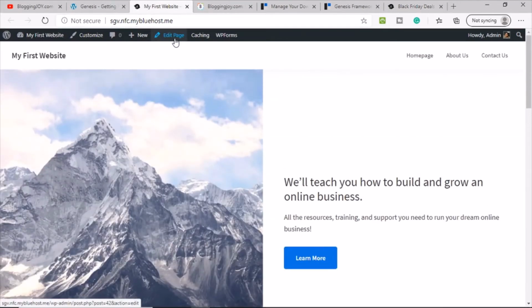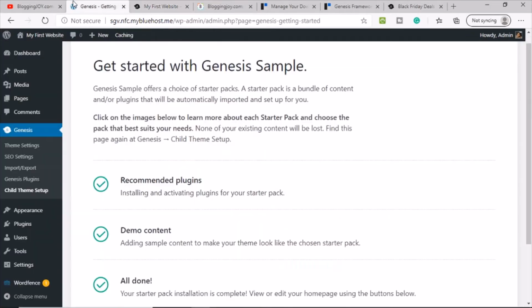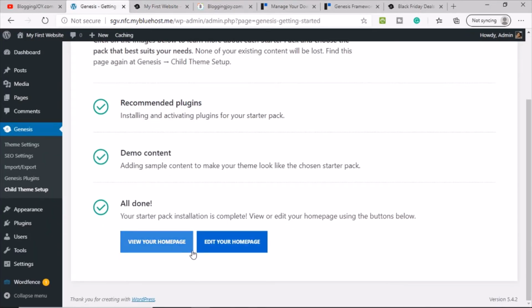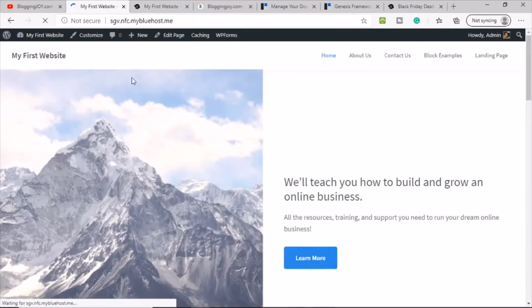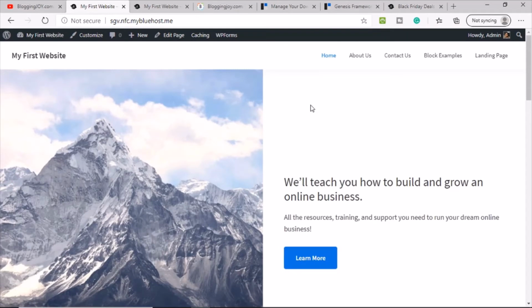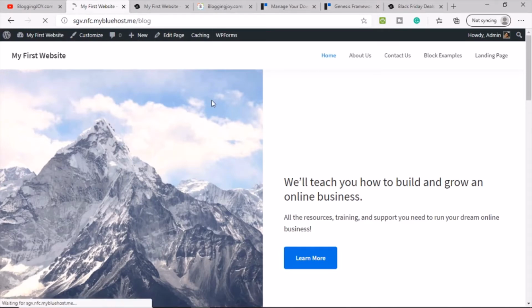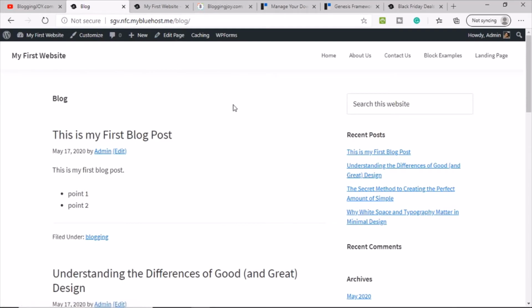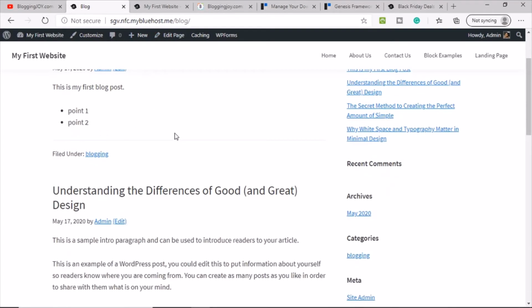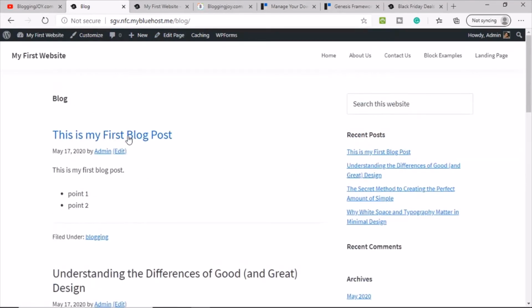So now what you can do, you can simply click the edit button and you can do the changes. Okay, all done, fine. View your home page. So we already saw the home page. Now if you provide a custom home page, you need to provide a blog page. So let's see whether there is a blog page or not. So yes, there is a blog page. It's already automatically created. So in the blog page, we can see all the posts will list out here.